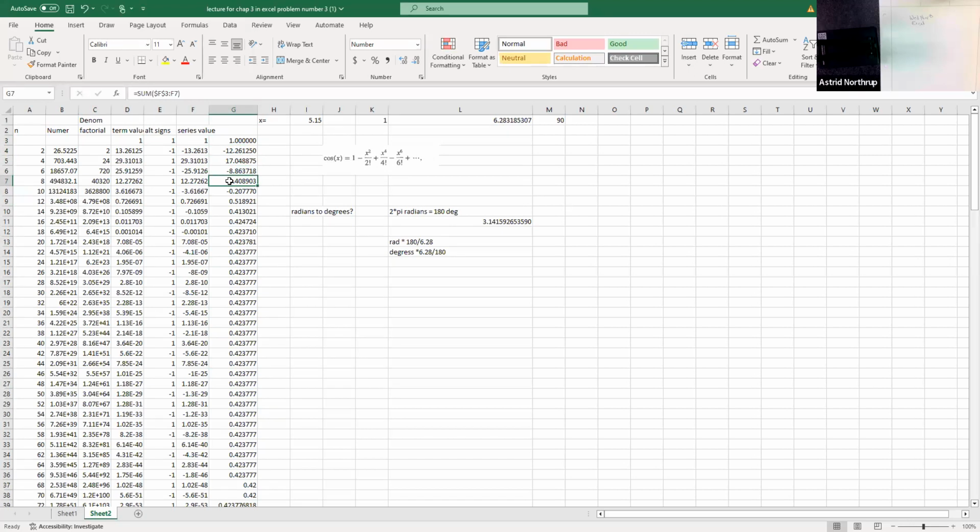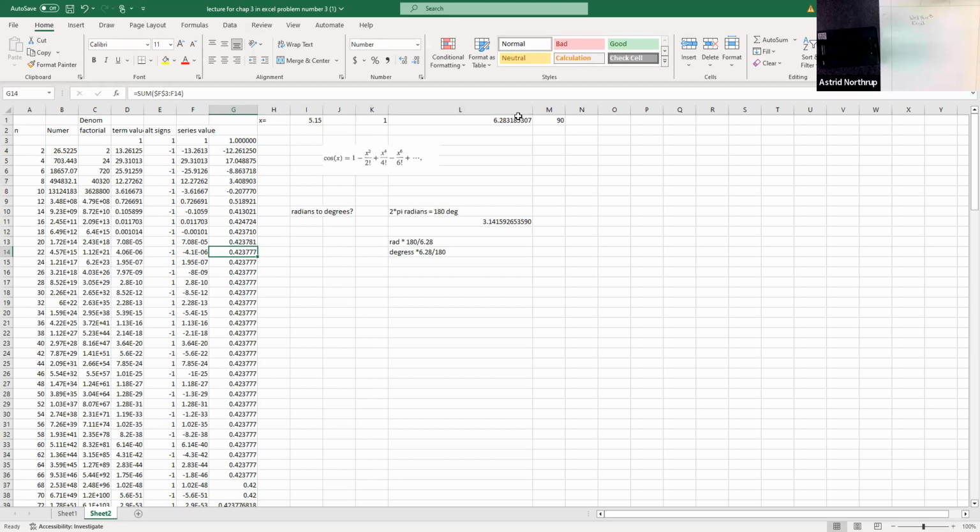So it's just every time I add above, I add all the terms together. Now, what you see here is what's called convergence. Here on line 14, which is the 11th or 12th term, depending on if you consider the one a term, we start to converge on a number, which is